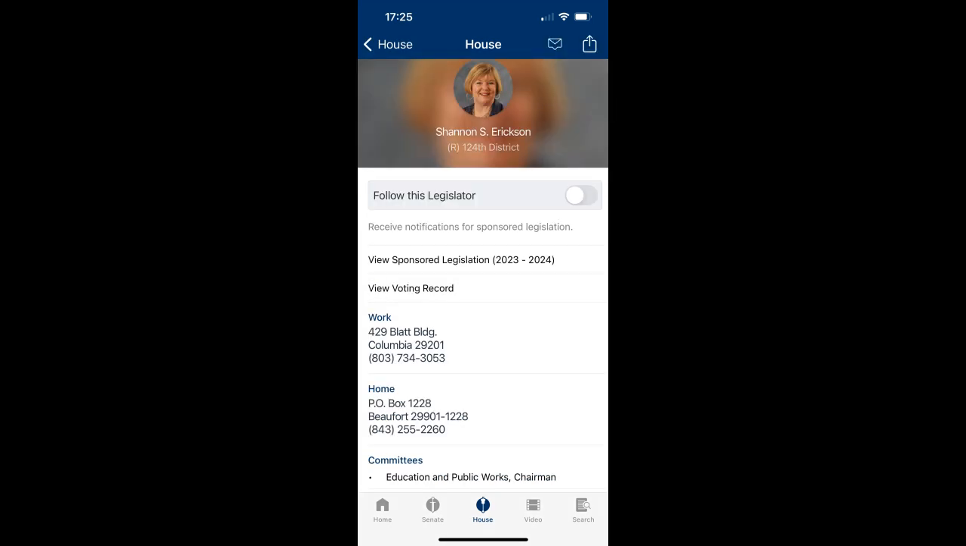This is Shannon Erickson's page, and every member of the Senate and House has a similar one. What is critical here is this button right here, which says follow this legislator. If you click it, it will turn green, and anytime the legislator votes or gets ready to vote, it will send you an email notification for any of our sponsored legislation, which is quite interesting. If you go down another slot and push view sponsored legislation, it shows you all the legislation that she has